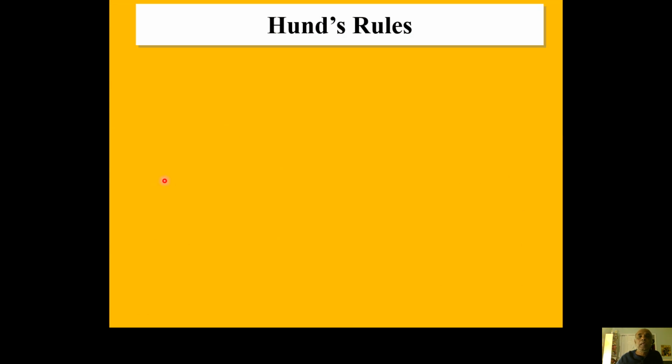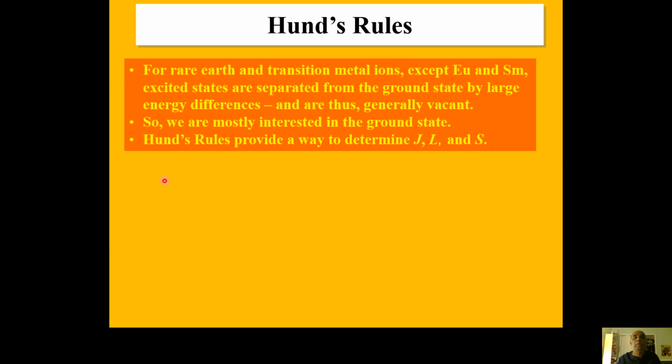So now this can help us to develop these Hund's rules. Everybody remember, Hund's first rule is that we make the total S maximum, because we know if you take these rare earths and transition metals, their ground state and the excited states are very different. So their energy difference is very high, something like 10 electron volts. So we are only interested in calculating the values for the ground state, because the excited states are too far